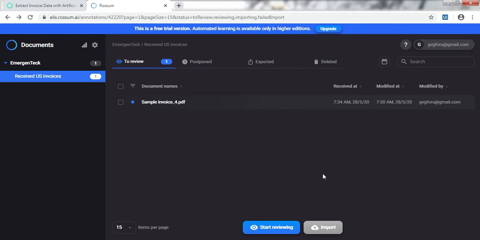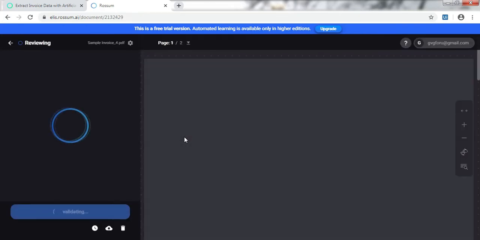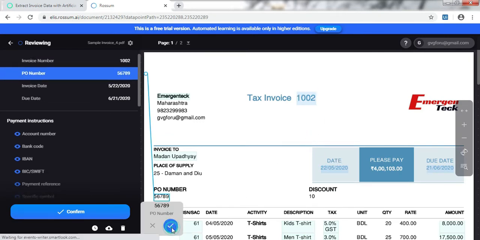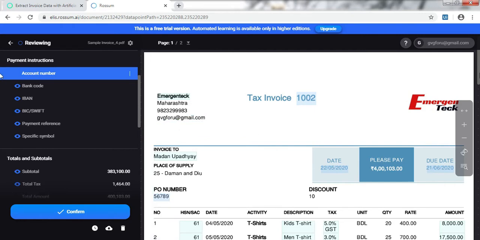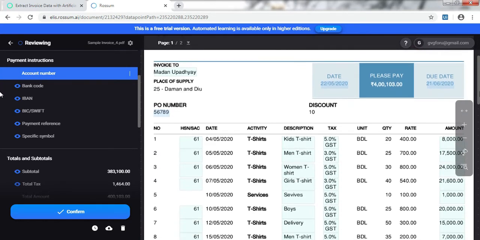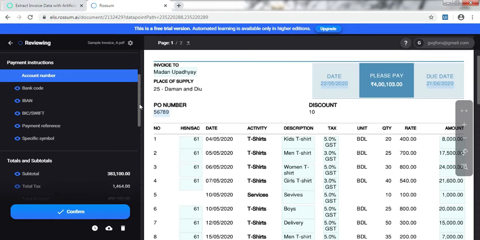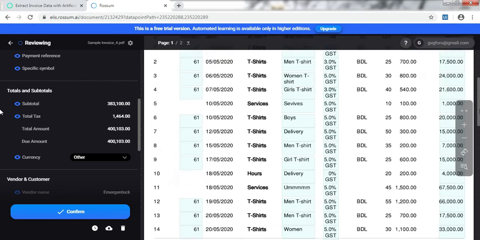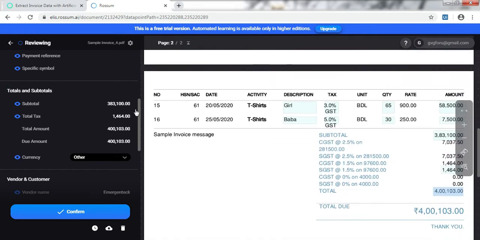I have already imported this one. It's ready for review. I'll just start reviewing. It will always confirm the invoice number and PO number at first as soon as you start reviewing, and then it will allow you to go to the different fields in the invoice. See, most of the fields it has already picked up, and it has successfully picked up the subtotals, tax, due